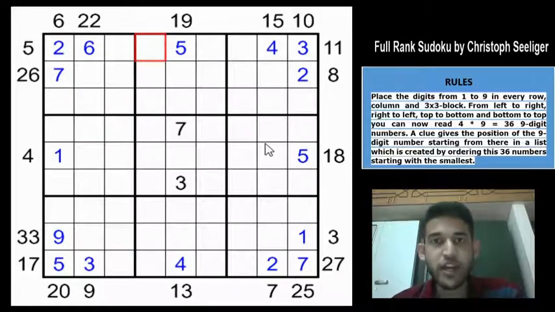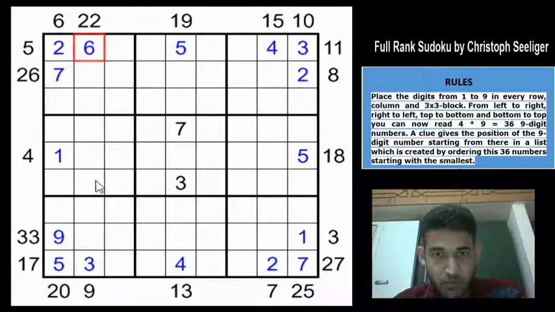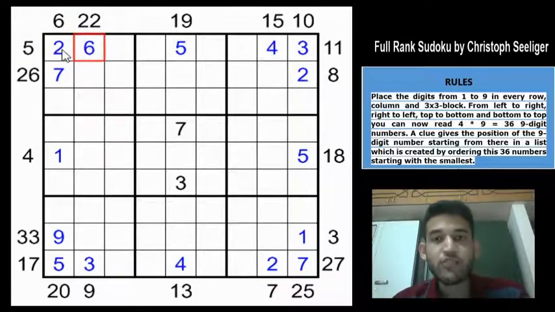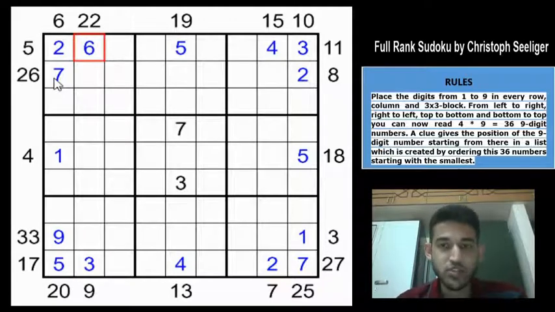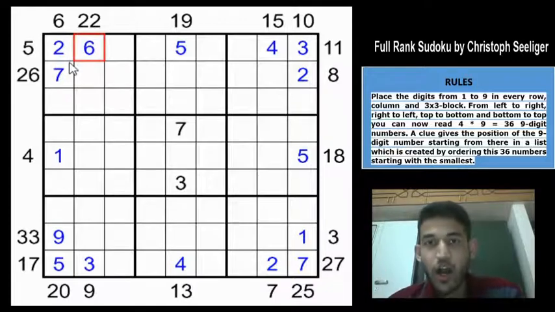The next step that you need to look for when doing a full rank Sudoku is to search for clues which have at least 2 filled digits, right? So why do we need to look for clues which already have 2 filled digits? If you take this 22 clue in this direction, top to bottom, it has only 1 clue. However, the 5 and the 6 clues have 2 digits in their direction. So when you have 2 or more digits, it will be easier for you to compare and get more digits. So that is the reason you have to look for outside clues which have 2 or more digits filled in their direction, right?